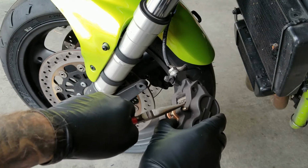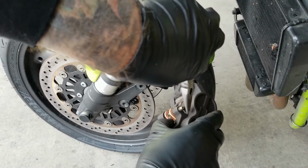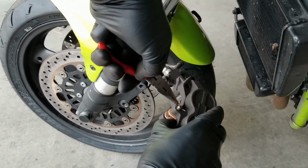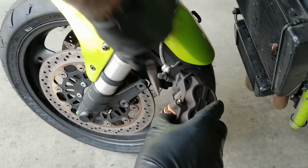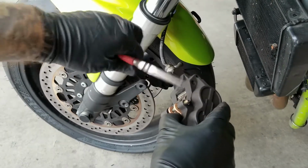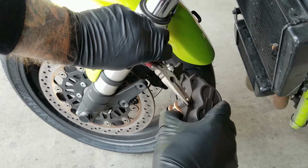And then once the cotter pin is all the way through, fillet those fins. You just fold one on each side, curl them around, and give them a squeeze. You kind of want these cotter pins as close to the bolt as possible. All right, once you're satisfied with that,